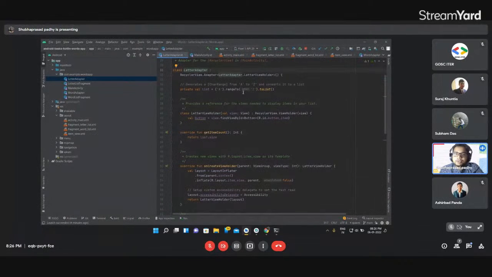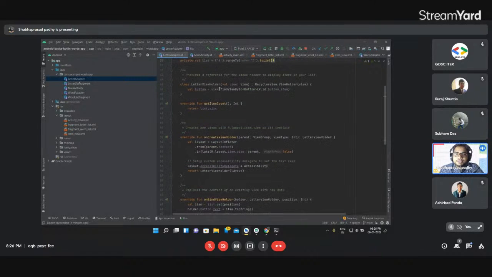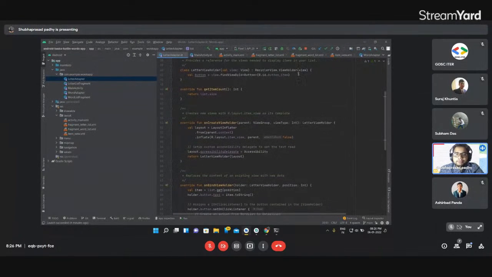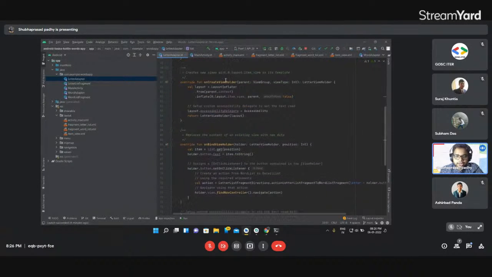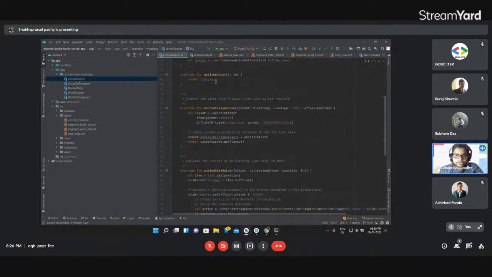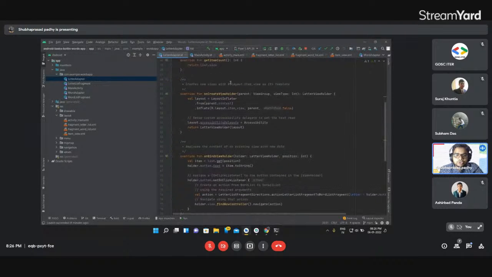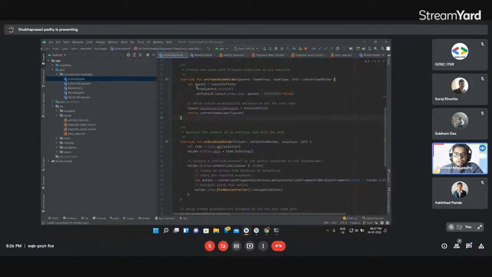So here is an example of what we want to do. We just want to print from a range of A to Z, and it is very simple. We are having the view, we are assigning the view and the button. We had learned this in the dice roller application. You can give any text value to the button and it should print that particular value, and whenever you click on it you can actually give the logic for what happens. So for example, this is something that you will have in the boilerplate,